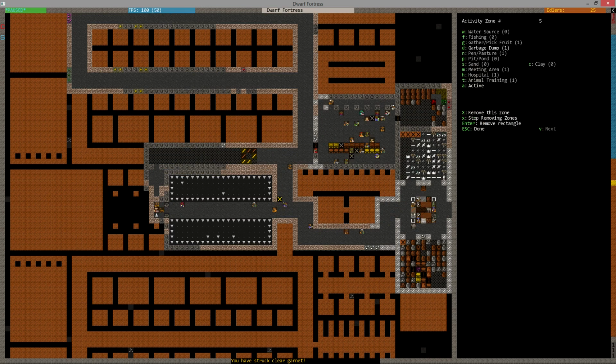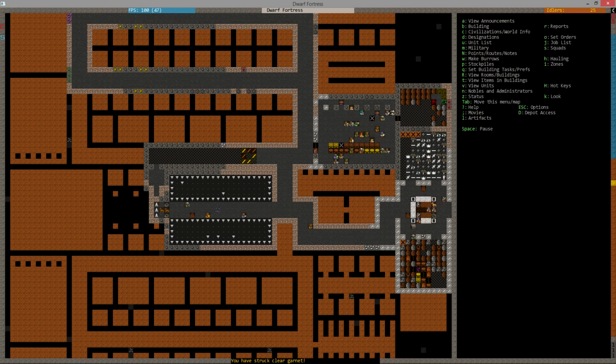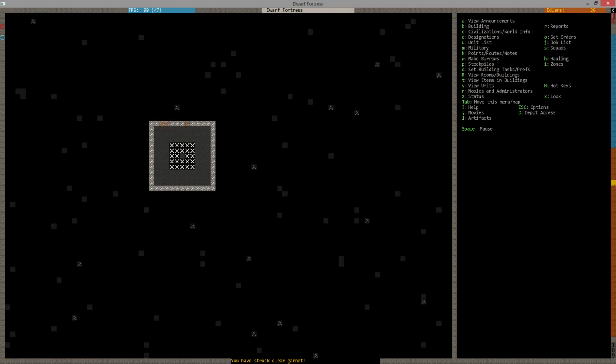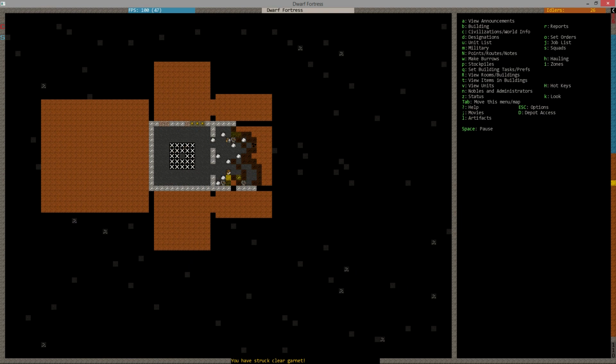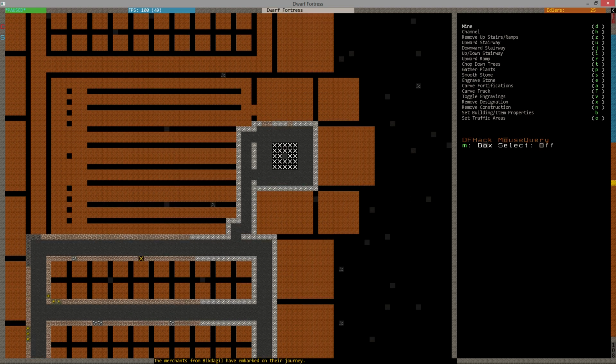This was done, so we can remove that stockpile there, and we can reclaim all that stone and hide all that stone. Good. We're going to be in a similar boat here. We're going to want to move all the stone out because it's going to be a storage area. There we go. See you later, merchants. Enjoy your trip. I'm going to set up a...